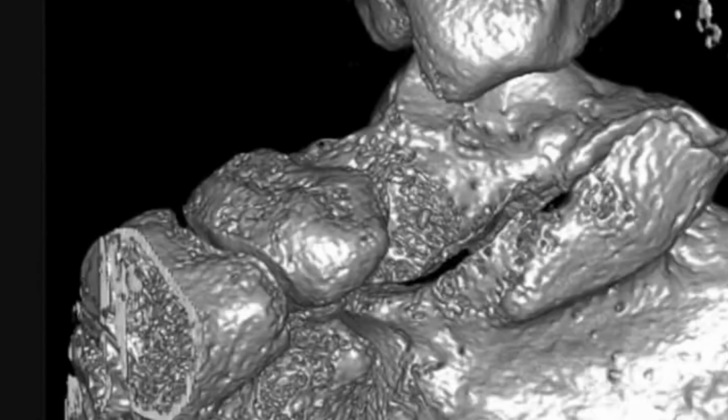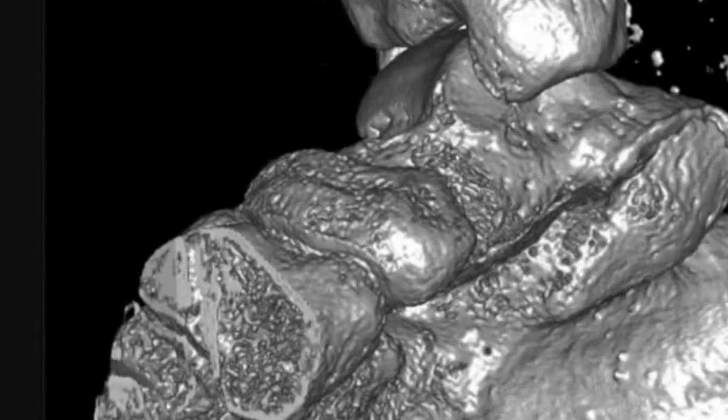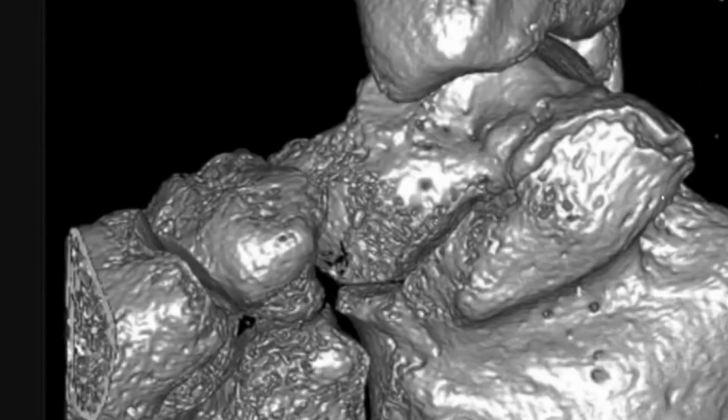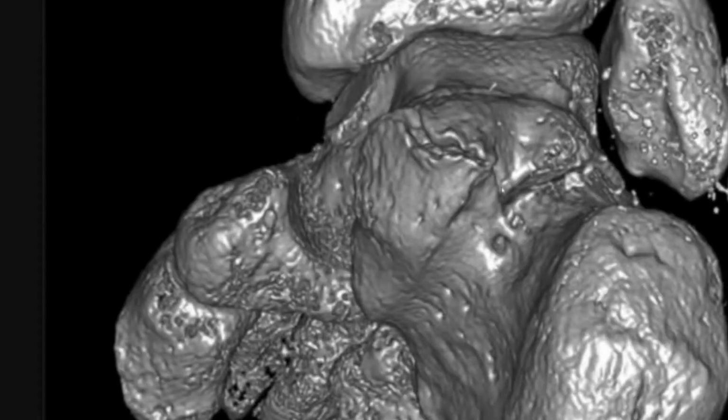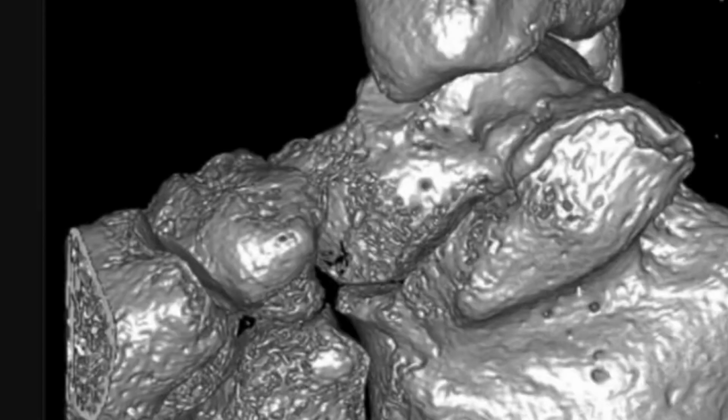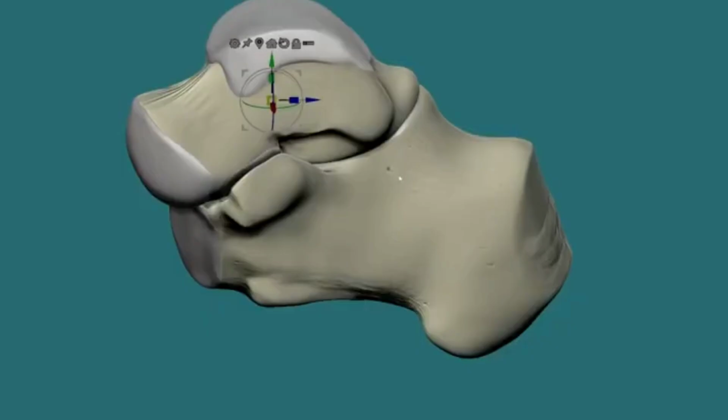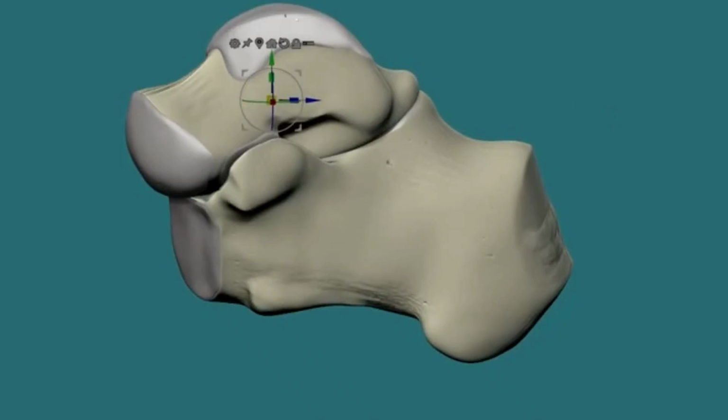So if we look at that in this 3D reformat that they made, you can see that here's kind of the more traditional anatomic sustentacular joint, and then here's that coalition. And then here's that anterior facet up here. And we scroll around, we can see a bit of that posterior facet. And so you can see why this would cause that continuous C sign, which is what we usually look for to detect this on radiographs, where the top of the C is the normal talar dome, and then usually there should be a little gap here. So if I switch back to my anatomic model, right, you're going to see the top of the C, and then it's going to be broken, and you'll have this